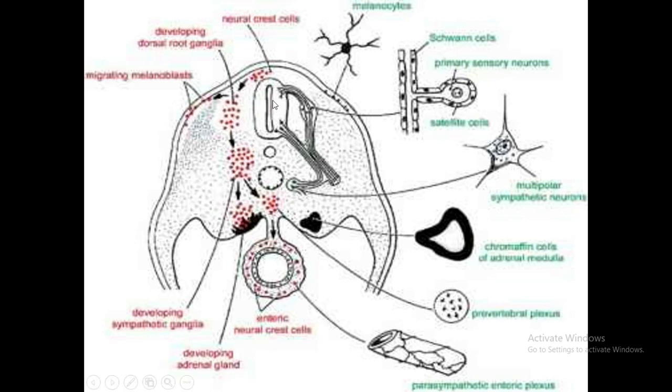Neural crest cells from the other regions migrate and form the dorsal root ganglia. These are the preaortic ganglia. These are the medulla of the adrenal gland. These are the sympathetic ganglia. So sympathetic ganglia and dorsal root ganglia are the sensory ganglia, the preaortic ganglia are in front of the aorta, and then the adrenal medulla. These are the parasympathetic ganglia around the gastrointestinal system. All these nervous tissues are produced by the neural crest cells.